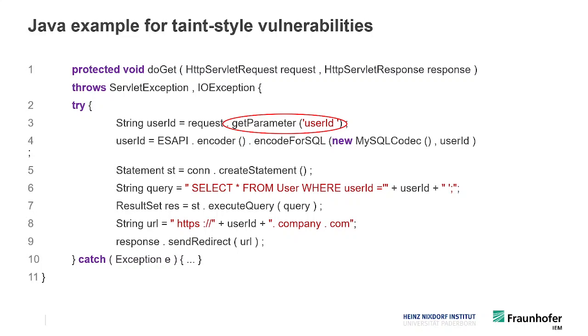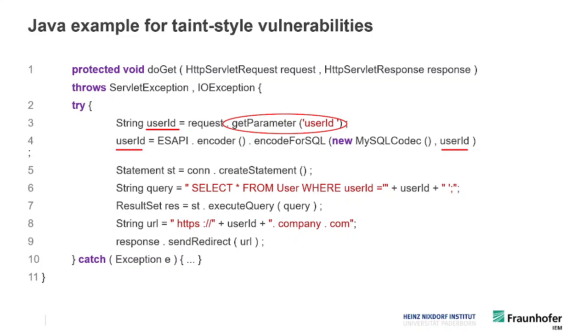And as I said, anything coming from request in web applications should be considered as untrusted. So in this case, we have to be careful where this information is going. In our data flow analysis, if we start a taint analysis here, and define getParameter as source, we'll track the taint through the program statements. And then here we see in line 4 that